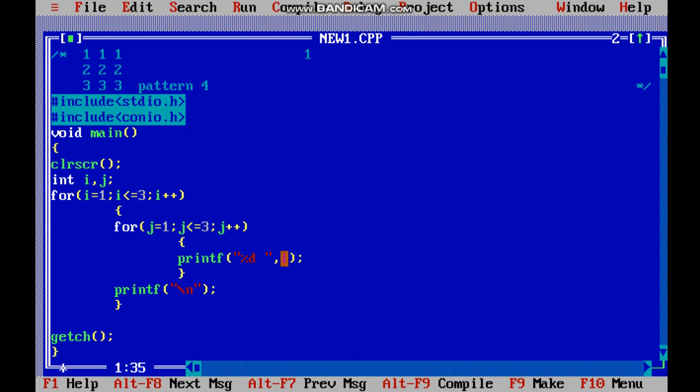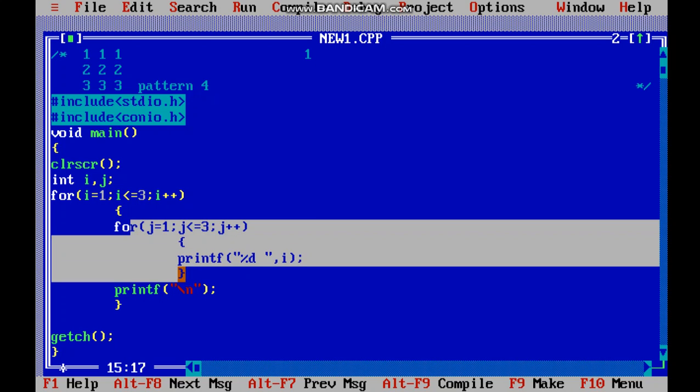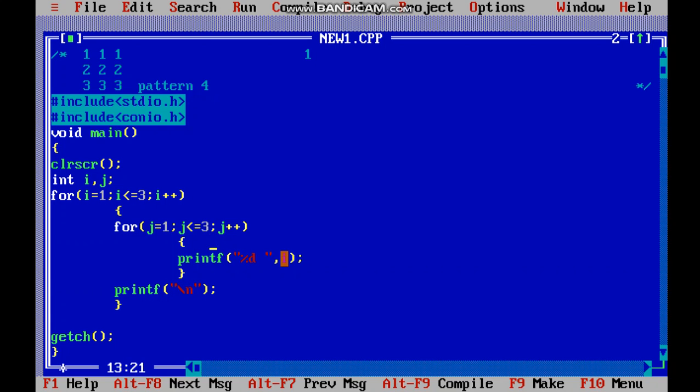Okay, now the work is done for j equals 1, j plus plus. Now j value is 2, so 2 is again less than or equal to 3, correct. Again i value is printed. The i value is fixed for now unless we come out of this for loop. So the i value is again 1 with a space.